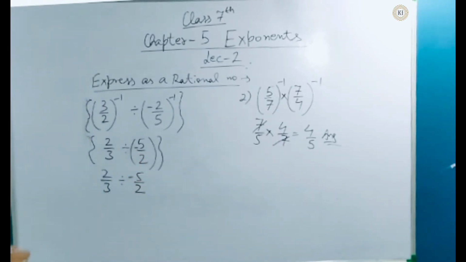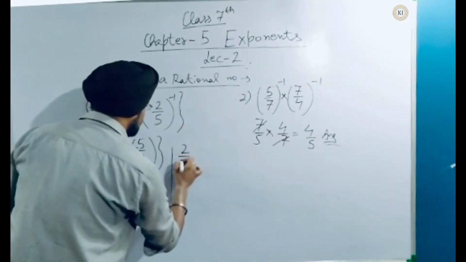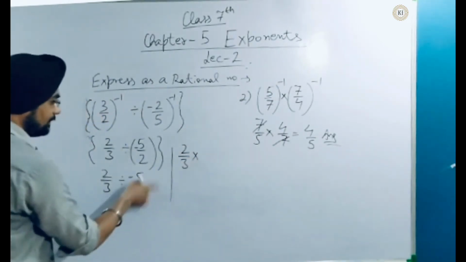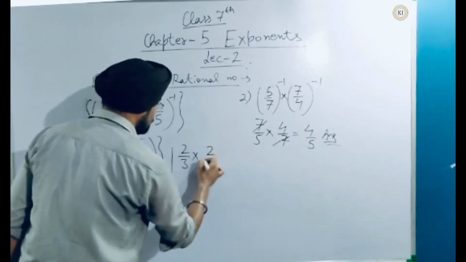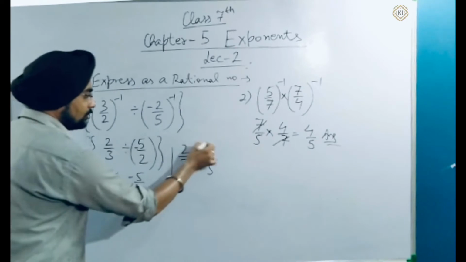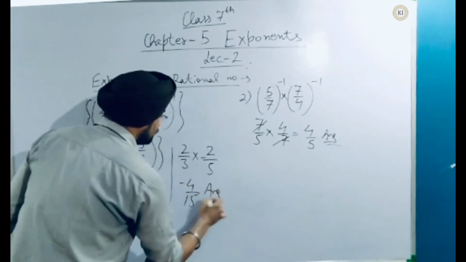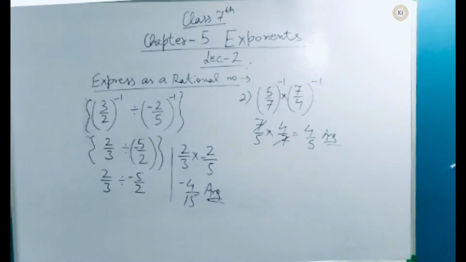Now you can see that we have to divide this value. Again simply we will divide, as we are dividing, this value will be reciprocal, it will be minus 2 upon 5. Now 2 2s are 4 and 3 5s are 15. So here we can write the answer will be minus 4 upon 15. Now see the next question.